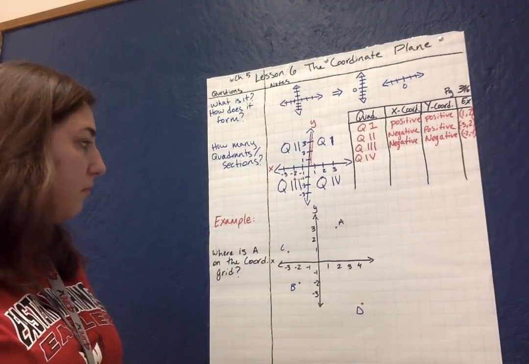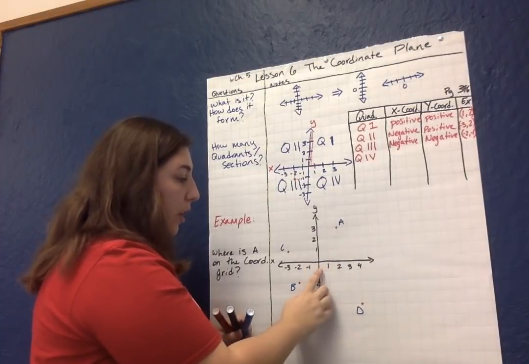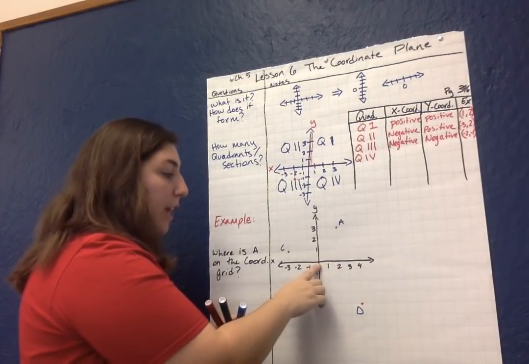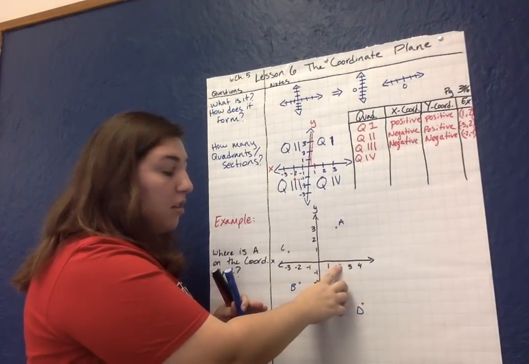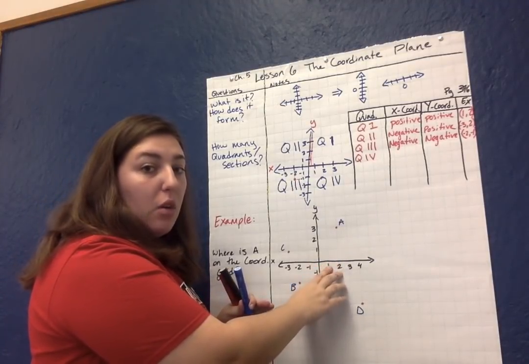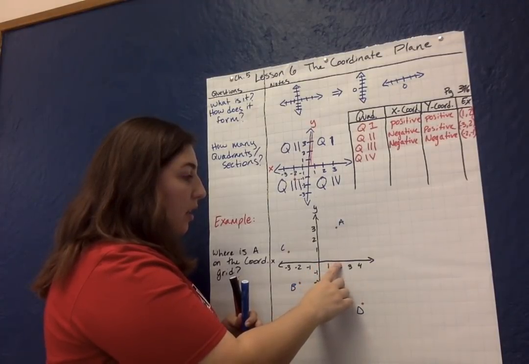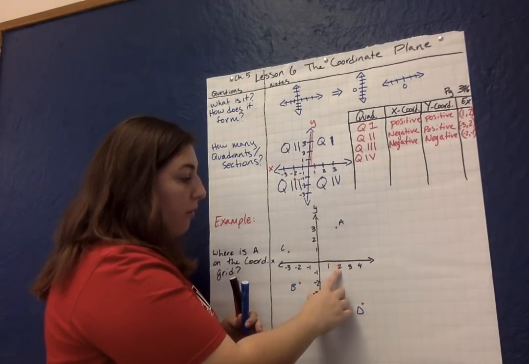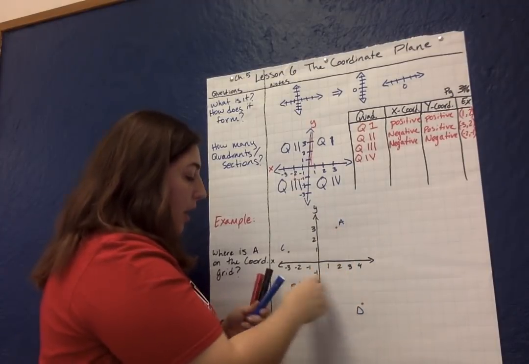Okay, well, we're looking at A, okay, we're going to look at the x-axis first. So where on the x axis and coordinate is it? Okay, so our x is going to be, looks like it's at 2. So if I look up from 2, this is where it is, okay? So our x coordinate,